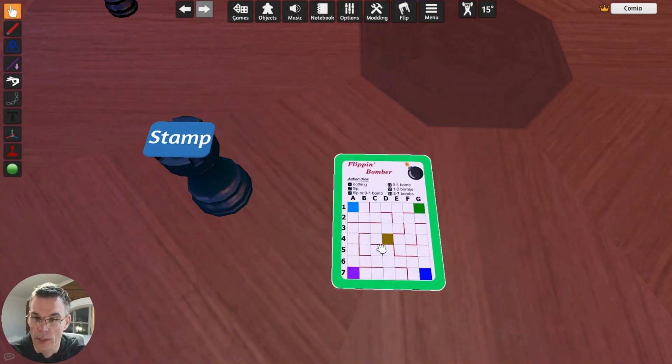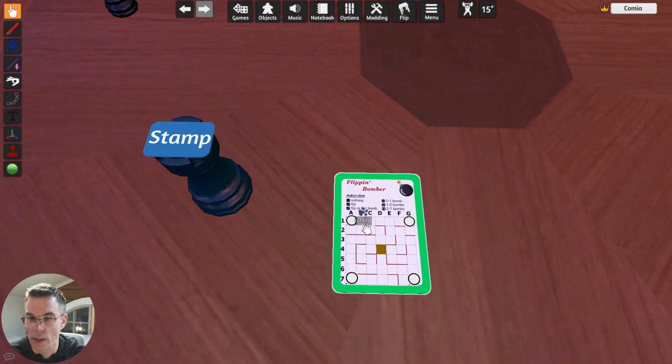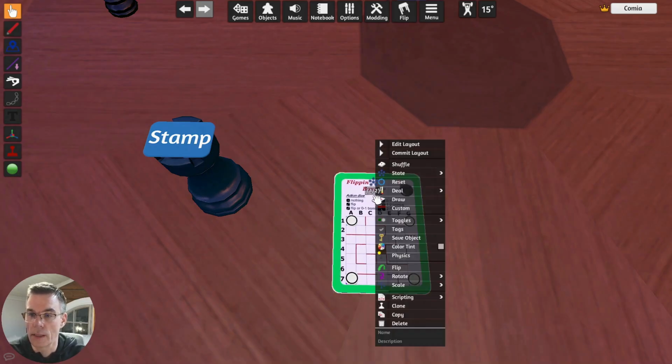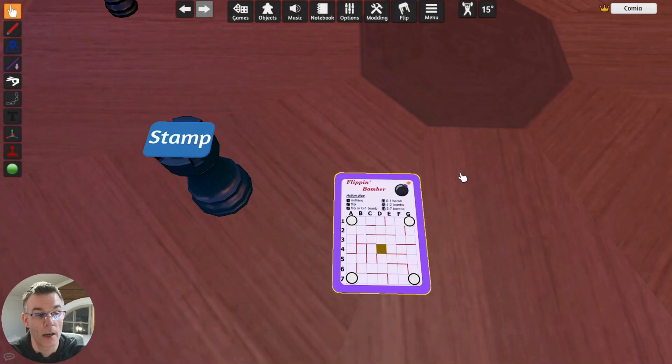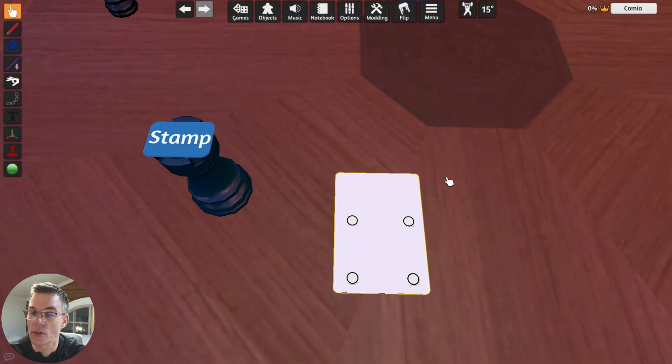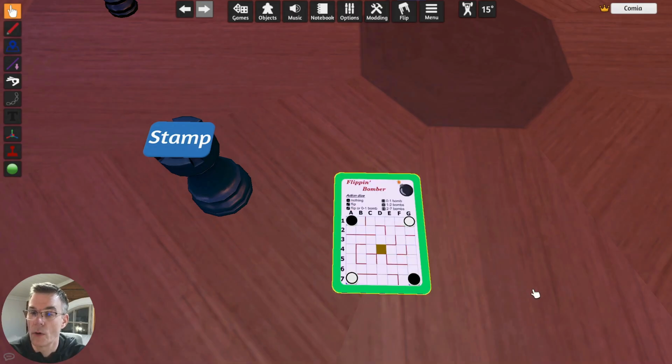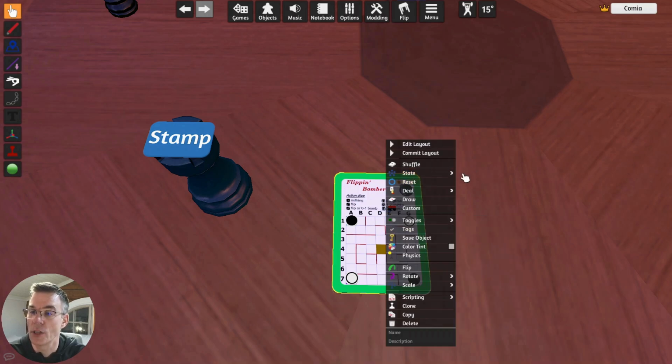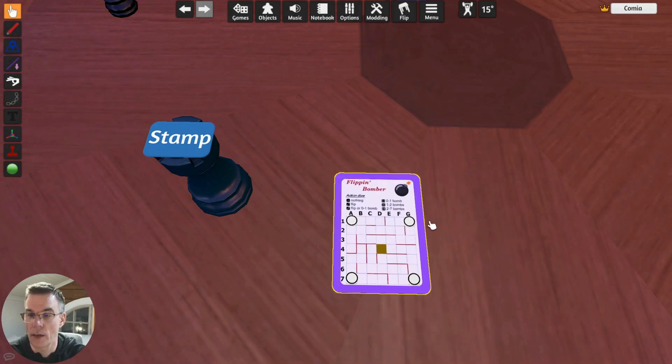Still, if I flip this card, it looks the same, but there are no editable fields on the back side. But to simulate this, I can always change the state like this. So if I want to edit the backside, I can change the state. So on this side, I have these two selected, and I change the state to the backside, and it's a totally different situation.